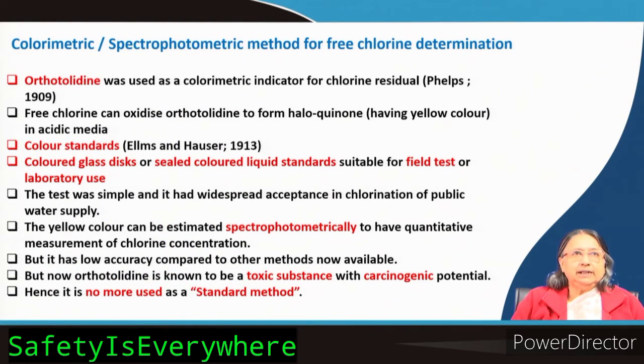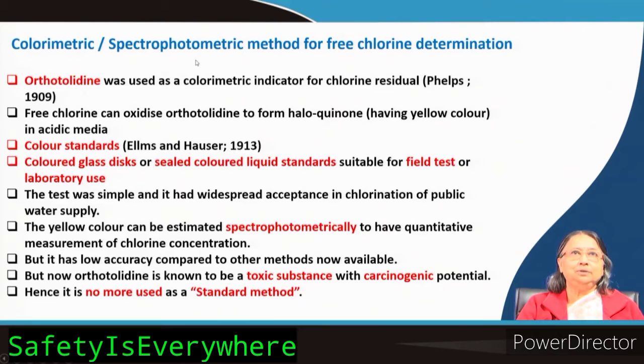Other methods are also there, the orthotoluidine method, this is an old method, colorimetric or spectrophotometric. Which is colorimetric? You can extend it to spectrophotometric also by doing the calibration curve using the spectrophotometer, okay. But colorimetric is just the color you produce and the color you compare, different colors you produce with different concentrations, then you compare with your sample solution after formation of color, that is the colorimetric.